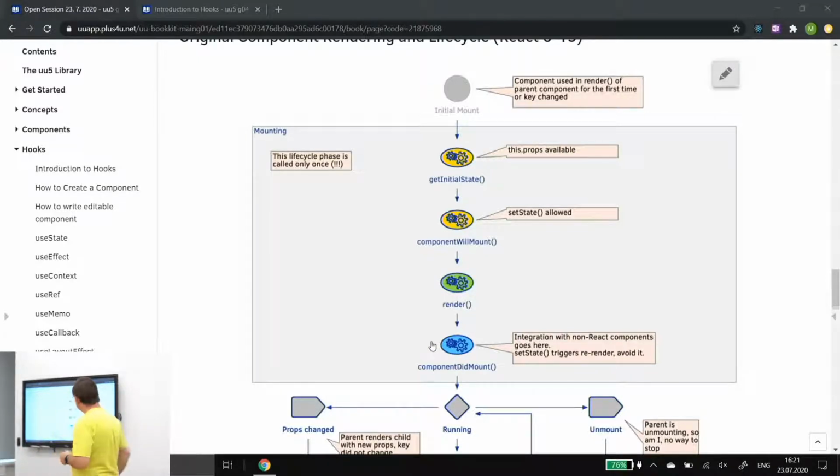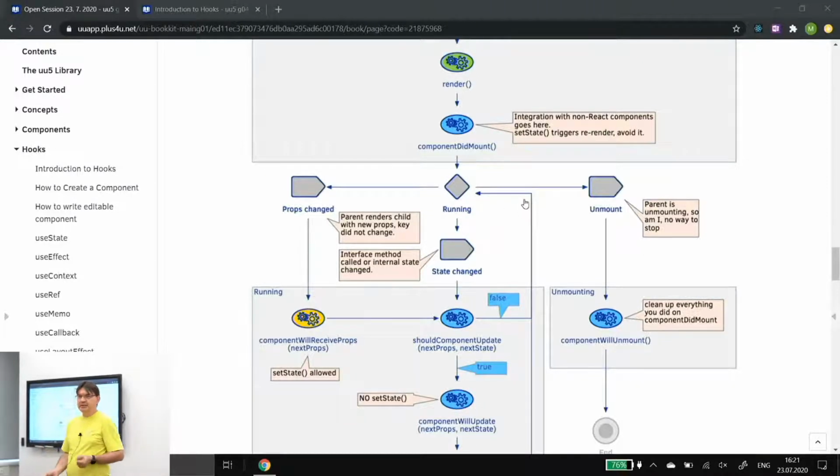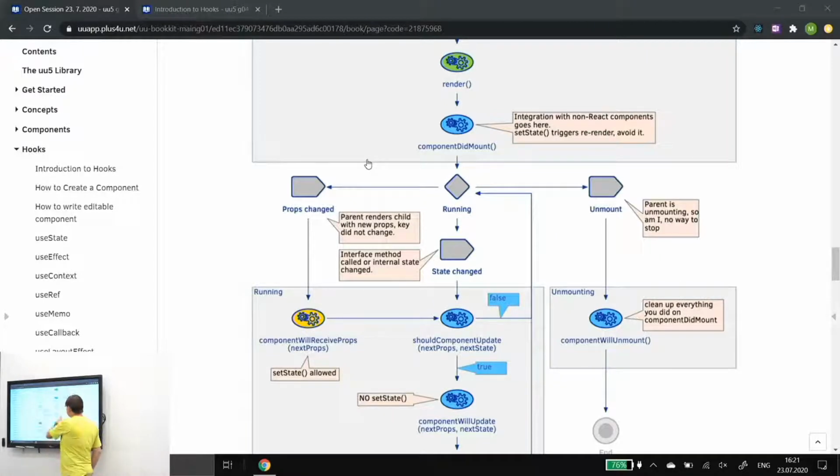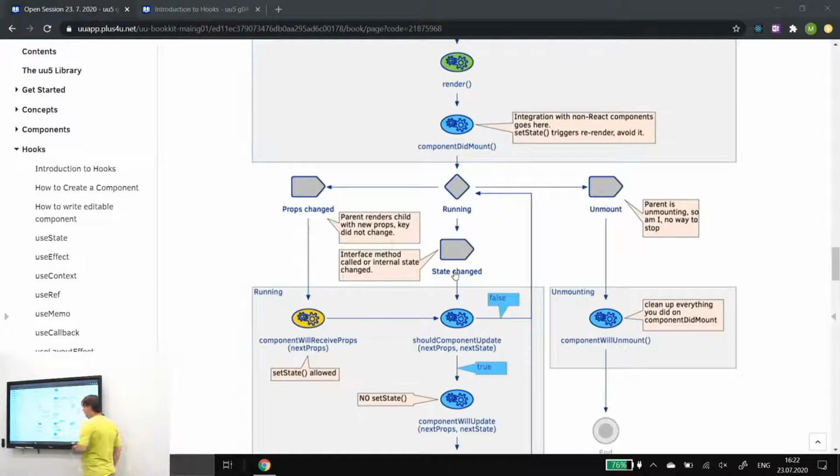and then the component comes to life and waits for some events. And when the events happen, what events can it be? It can be some user interaction with the component, some event from the browser or the environment, or some change of the tree of components. So any time something changes, there is a different way to work with a change of properties, another way to work with a change of state, and of course, another change may be that the parent component is destroying its content, so this component is dying,